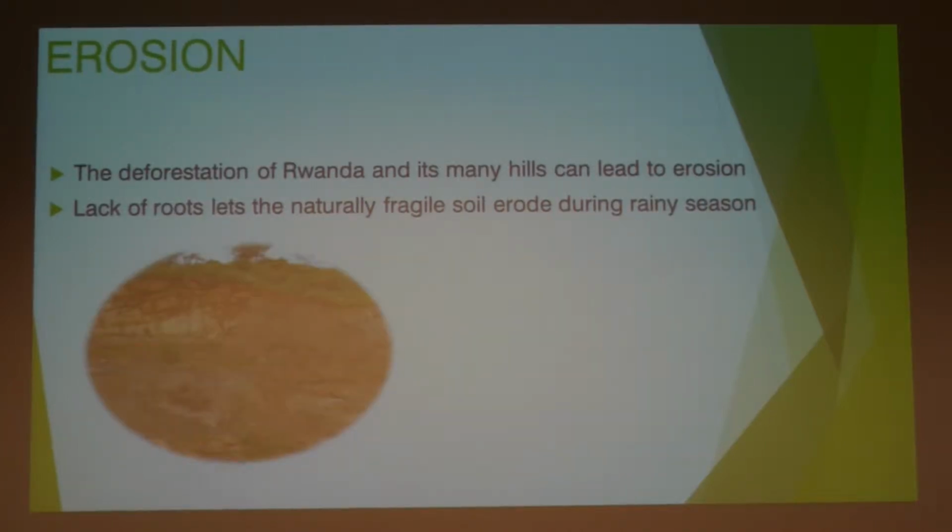The next problem that deforestation can lead to is actual erosion of the soil. Tree roots are deep and complex and hold soil in place, and when you take that away, soil is left to just flow away, which it does. Rwanda has 2 major rainy seasons throughout the year where it rains almost constantly, and without any sort of root system to hold the soil in place, it leads to landslides and actual destruction. And the root system acts as a pathway system for the water to follow the tunnels made by the roots. However, if the roots aren't there, then it has nowhere to follow and just pushes it all down the road.